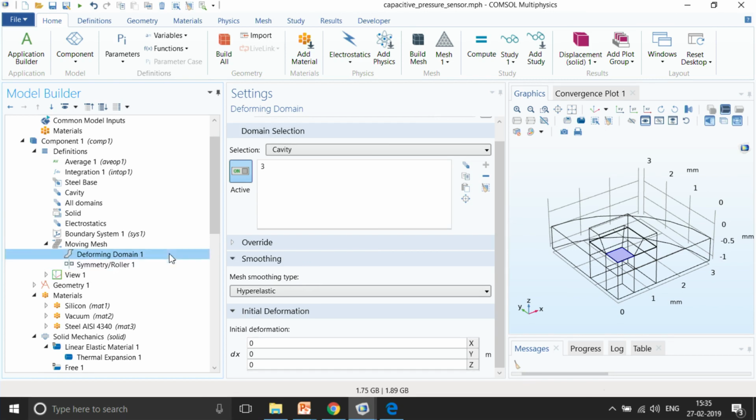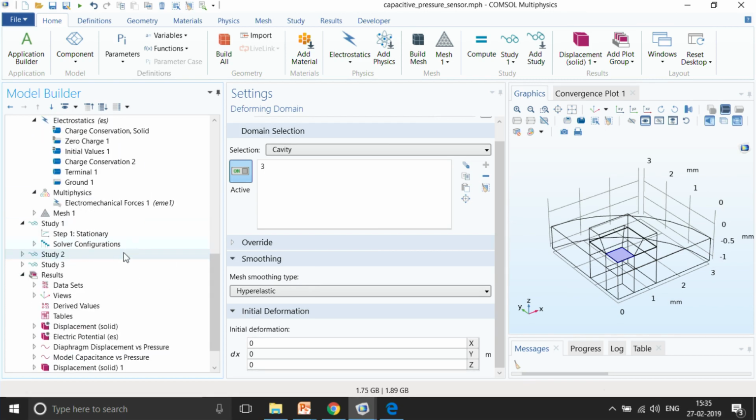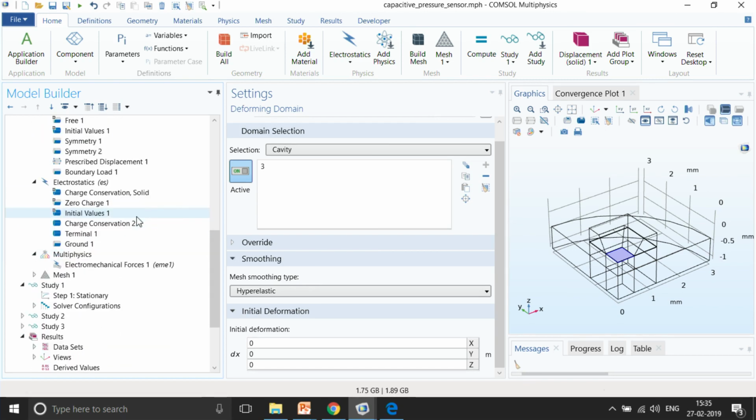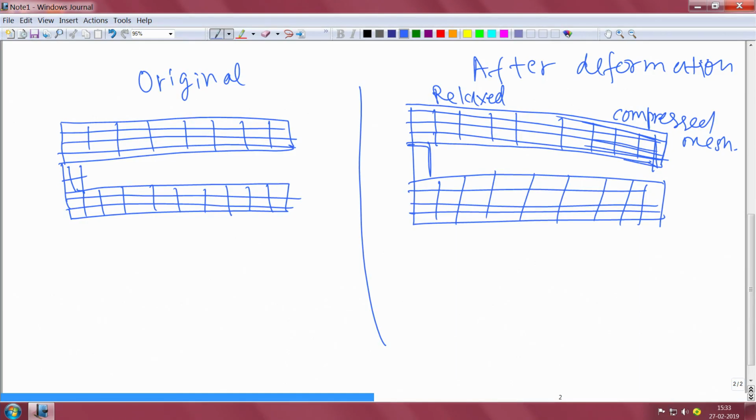Okay, the mesh needs to be actually changing, and only then we give the potential on the changed geometry, that is a deformed geometry. So we need to work with two different geometries. The one is the original geometry that you saw in the figure, and then the one after the deformation, what is going to happen once you give the electrostatic signal. So what is the capacitance of that?